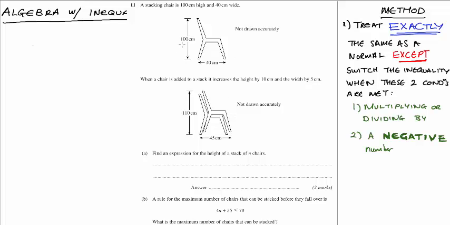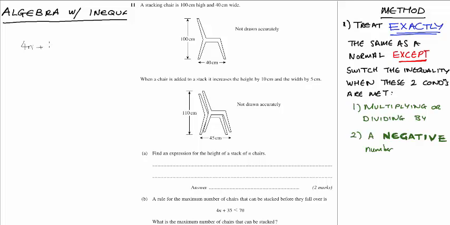So this one's talking about a stacking chair. When a chair is added, it increases height by this and width by this, find the expression, that's fine. But then it says a rule for the maximum number of chairs that can be stacked before they fall over is 4n plus 35 less than